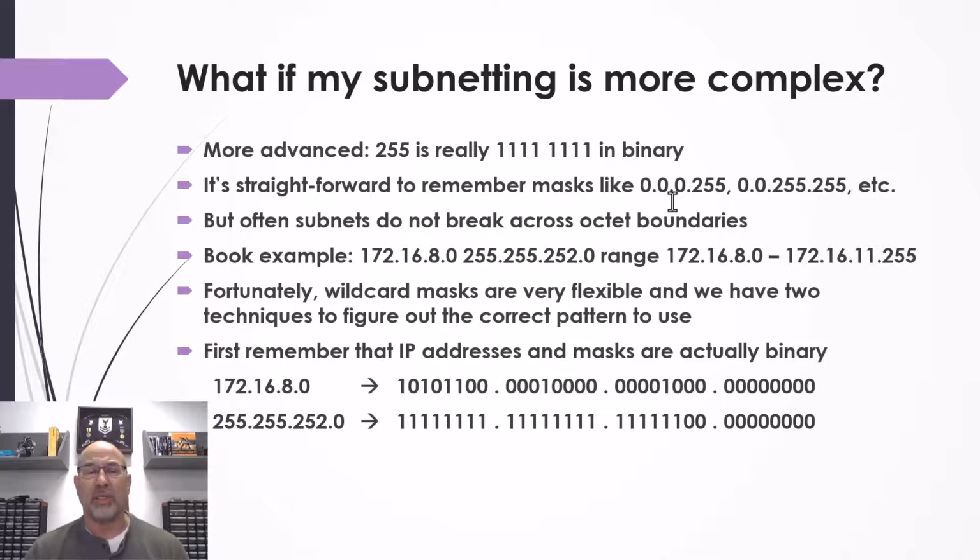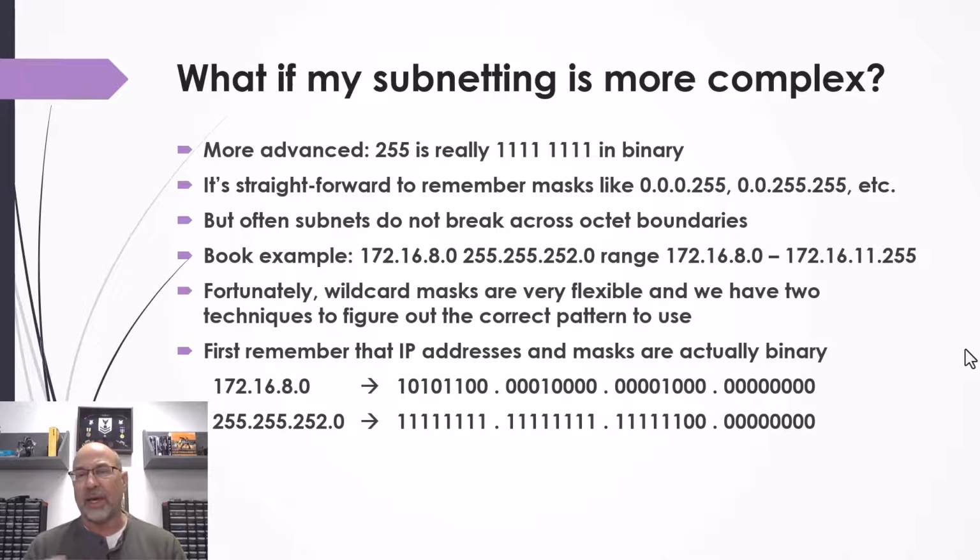Now, here's the book example, right? The 172.16.8.0, but the mask is 255.255.252.0, which means that there's a weird collection of address space, right? It's not the 8 net. It's actually the 8, 9, 10, and 11 networks. But wildcard masks are flexible, and if we remember